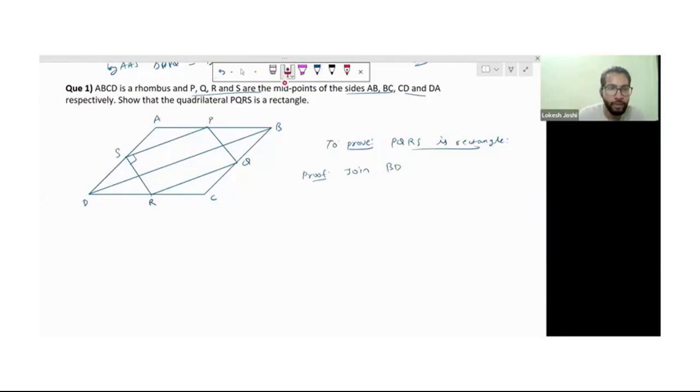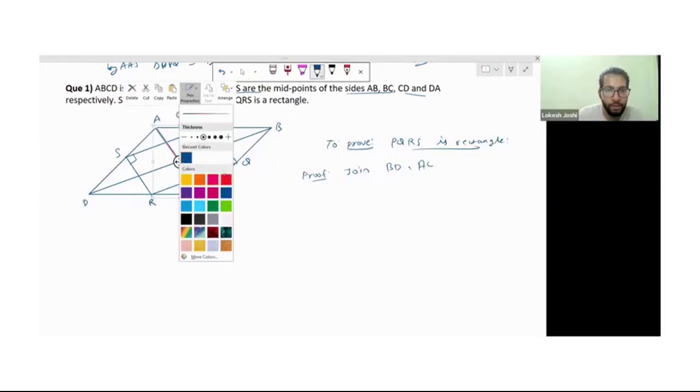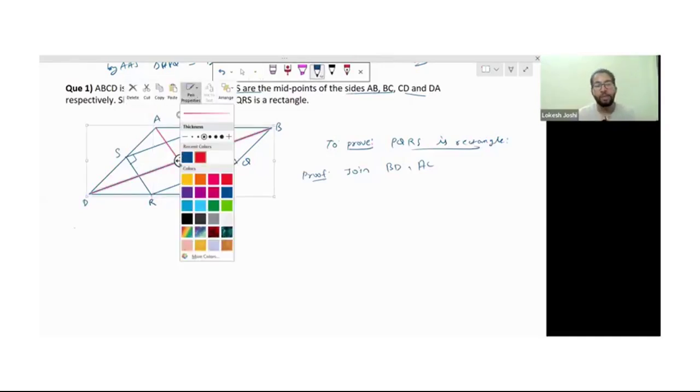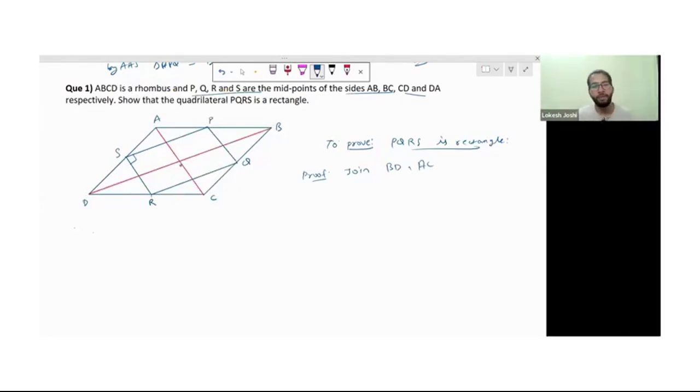We have to join BD, this one, and join AC also. Let me use a different color for them. It will be easy. Okay, diagonals I have drawn in red color. Now, according to the properties of rhombus,